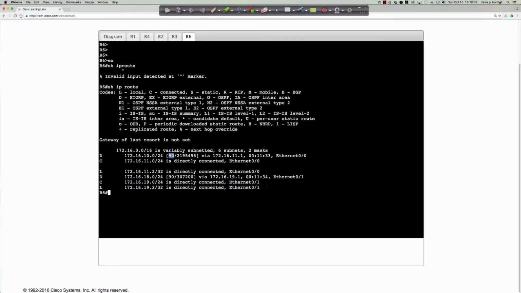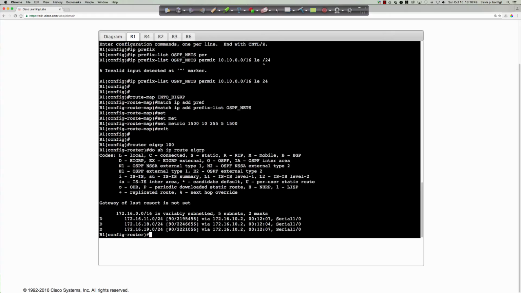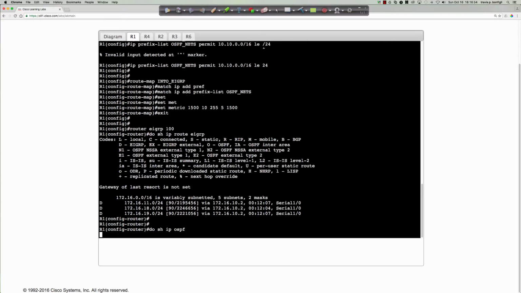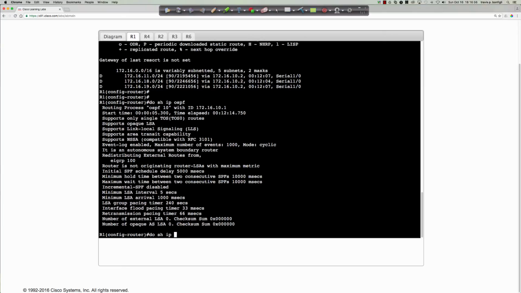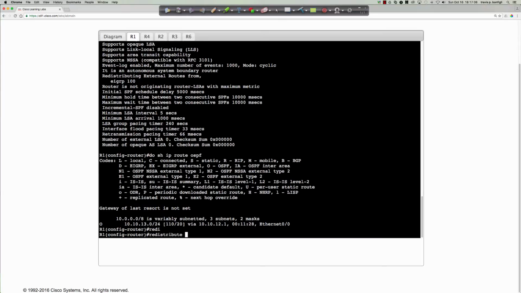So now what we're doing is we are redistributing that routing information here. And again, if I'm on this router and say do show IP route EIGRP, there's my EIGRP routing information, right? What about my OSPF? Oops, sorry, do show IP route OSPF. And so there's the prefix that I'm going to be redistributing in, is the 10.10.10.13. So in the EIGRP configuration section, I would say redistribute from OSPF process ID 10, and I'm going to apply